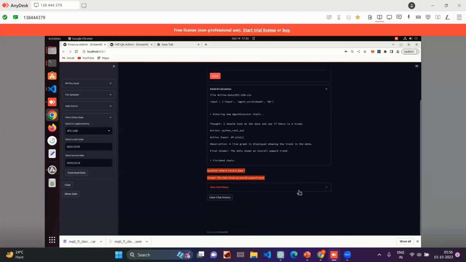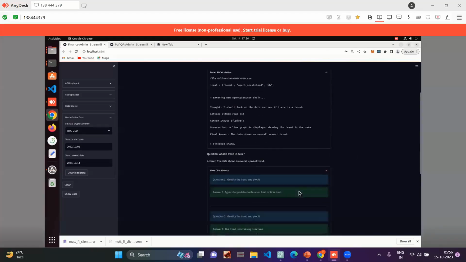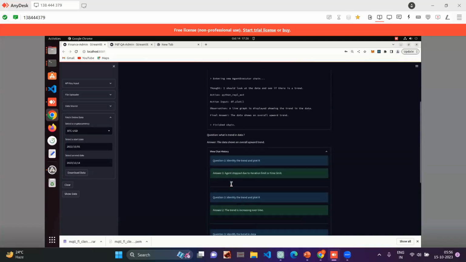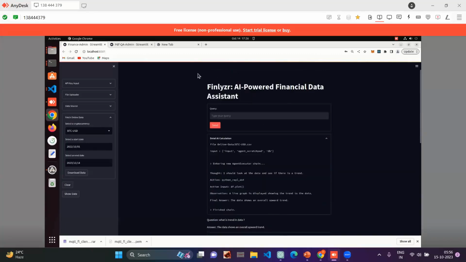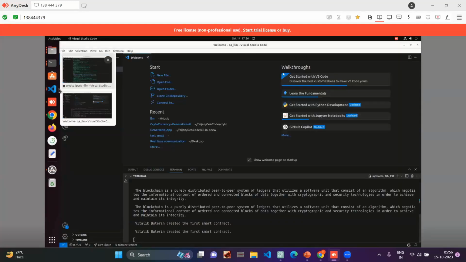And then we have also created a view chat option, where we can see the chat history of our application. So this is the full stack application that we have created, and behind it, in the code,